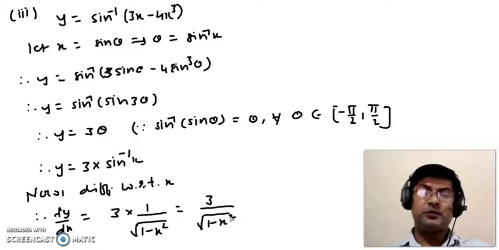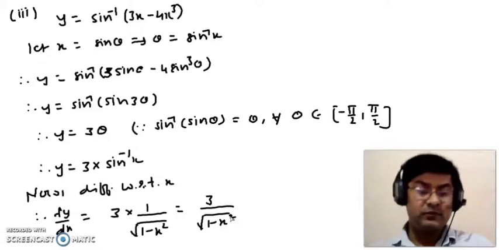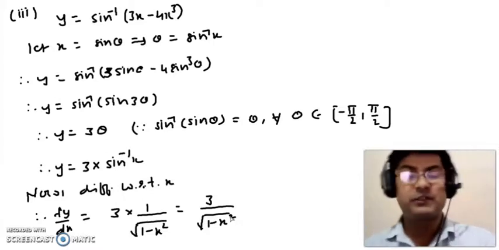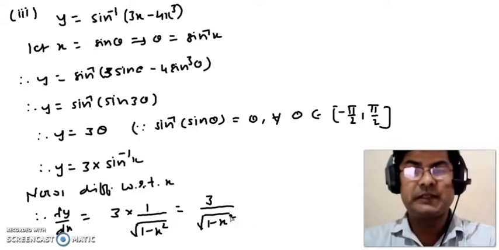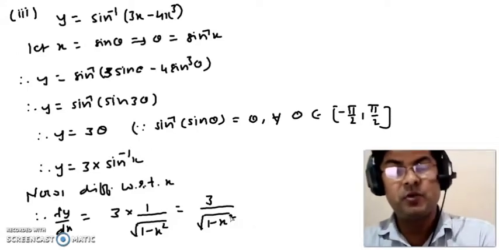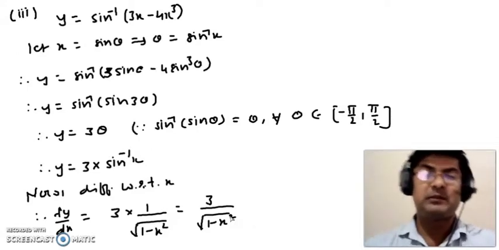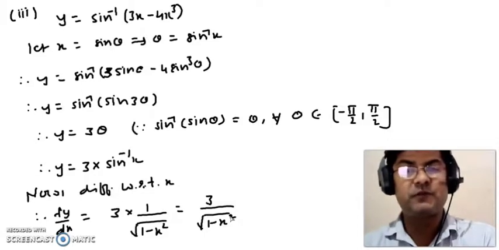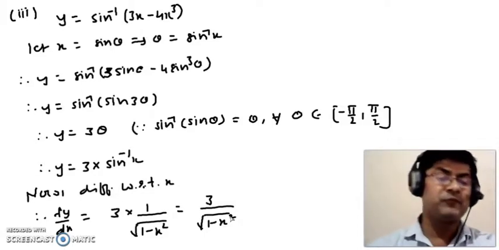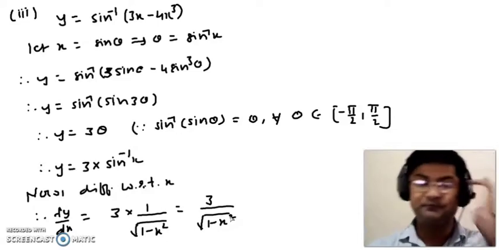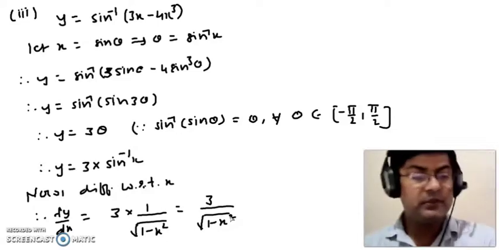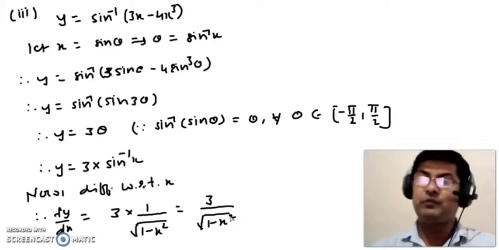Now similarly, question number 4 uses the formula. If you look at the question, cos inverse of 4x cube minus 3x, then if you substitute x equals cos theta, we have 4 cos cube theta minus 3 cos theta, which is the formula of cos 3 theta. Clear? So cos inverse of cos 3 theta will be equal to 3 theta. It is similar to question number 3, so you will try it yourself.